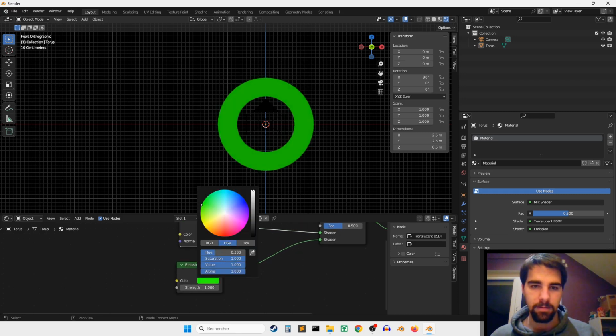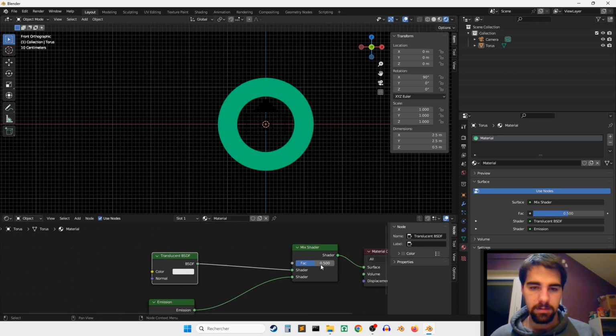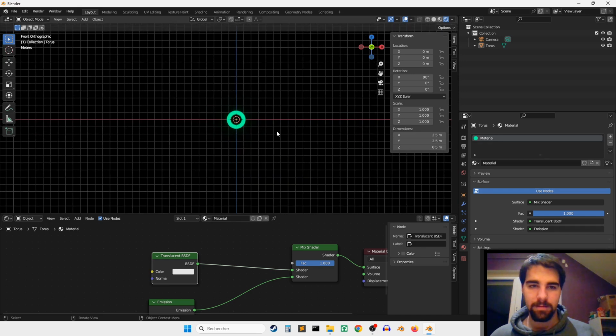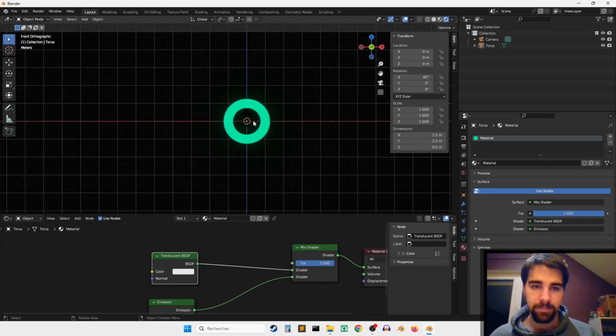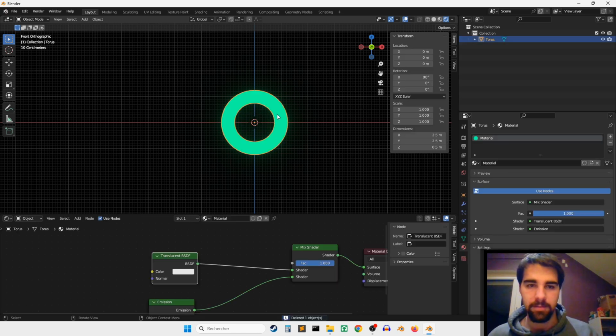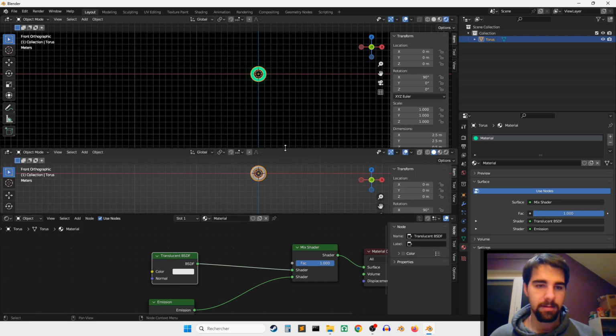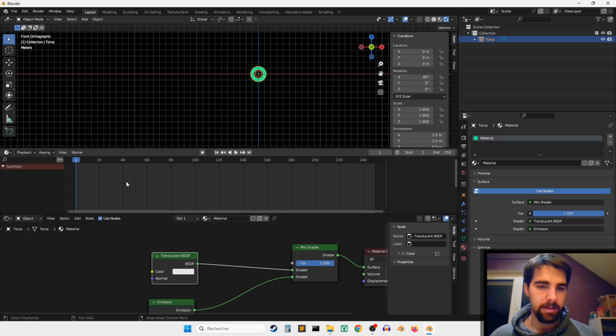Emission, let's say maybe this color, and you see we have the choice between two factors. We have the in between, the 0, the 1, etc. So let's keep that like that. Let's delete the camera, we don't need it. And now, right click, horizontal split, timeline,